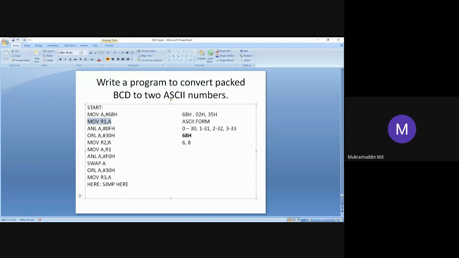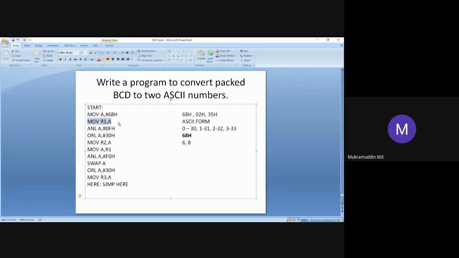Because in the operations the value of A register keeps changing, so the actual packed BCD number should be saved in one register. That's why we are saving that packed BCD number in R1 register. After executing this instruction, the value of A will be 68 and the value of R1 will also be 68.